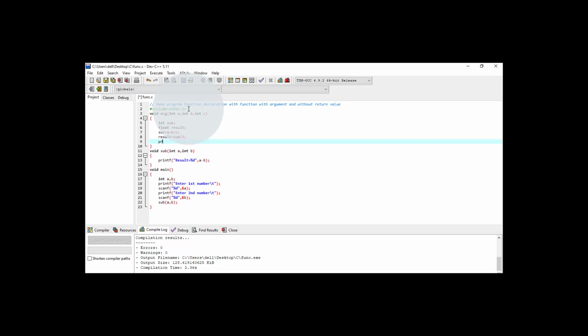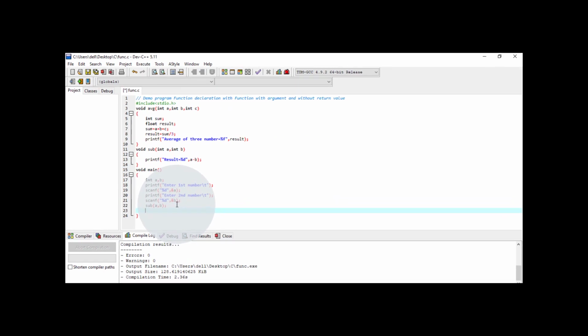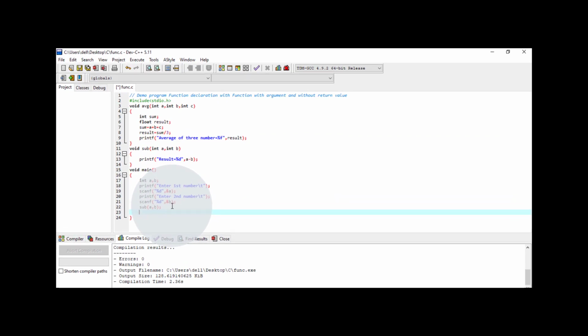So here I write another line, printf, and to this I am writing "average of three number is equal to", and here I have to use the %f format as I want to display the result in the form of float, and here we have to give the reference of the variable whose value we want to display. Save your changes. Now after this I am declaring three more variables here. So I am declaring int x, comma, y, comma, z.